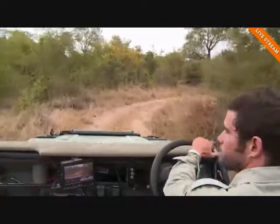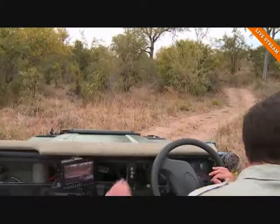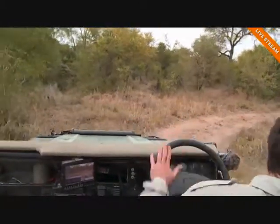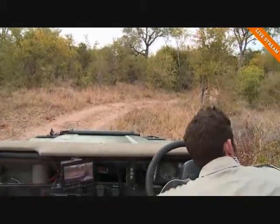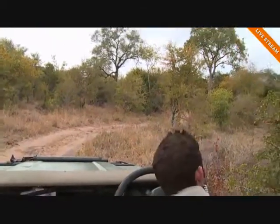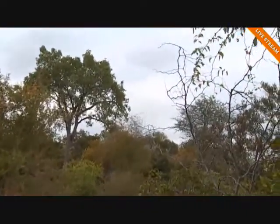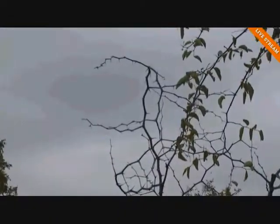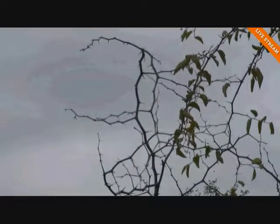I'm going to use this opportunity for Jason to show you exactly how thorny the buffalo thorn bush was that the grey go-away bird was jumping through looking for berries, and these dead branches will provide a great opportunity for you to see all of the thorns. And there's both hook thorns and